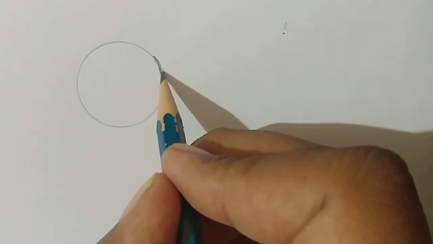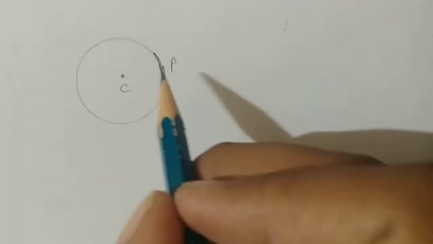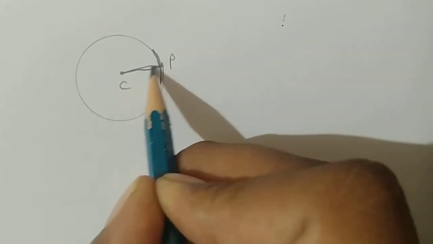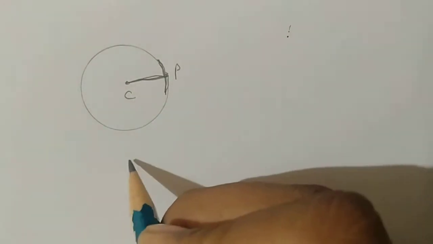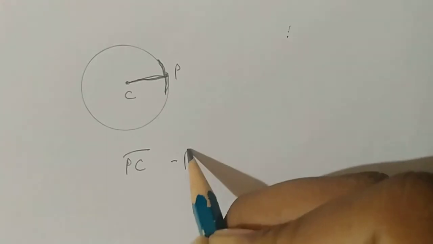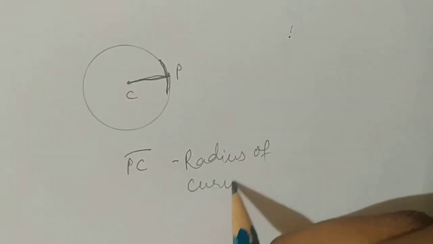This point we have represented as pole, and this point as C, that is the center of curvature. So what is this line? Can anyone think of it? This is a kind of radius of a circle, correct? So the line PC in the mirror is nothing but the radius of curvature,